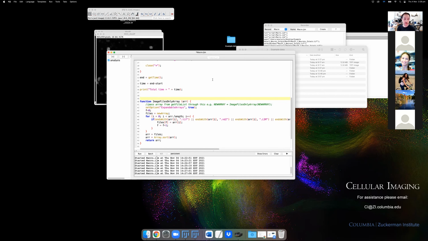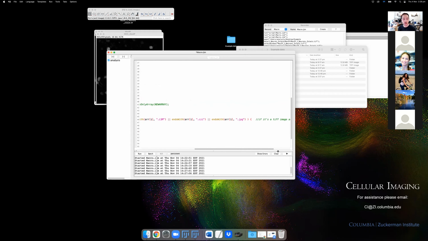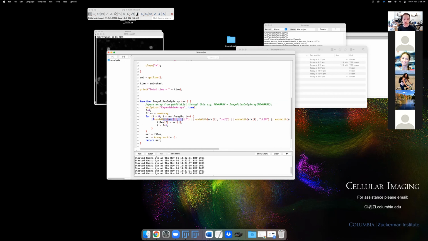There's various ways to check if it's an image or not. In this case, the function is looking through the list of files that we have and checking, does it end with TIFF or ND2 or LSM or any file that we care about. You could add files in here if you wanted a different file type to be detected. And then after that, it'll return the sorted list of files. And so if we have this function in our macro,